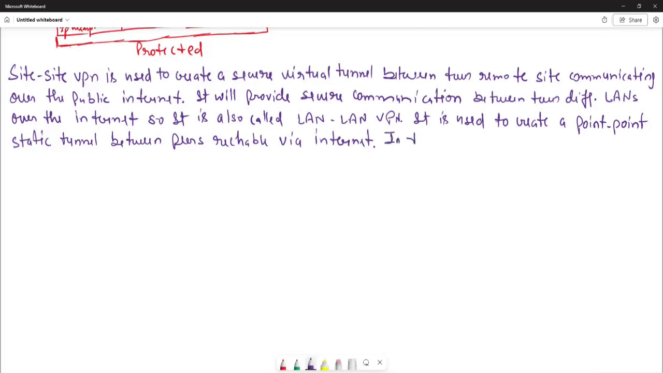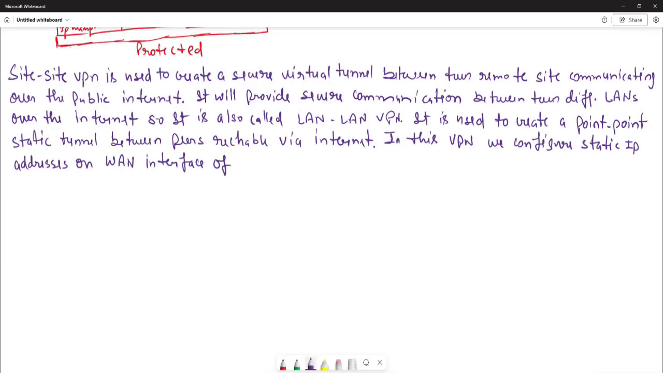In this VPN we use, we configure static IP addresses on WAN interface of the VPN peers. Okay,